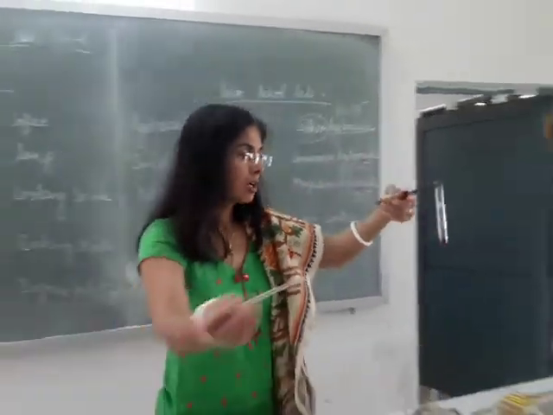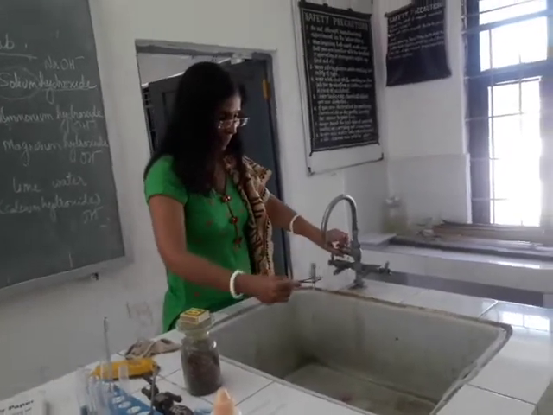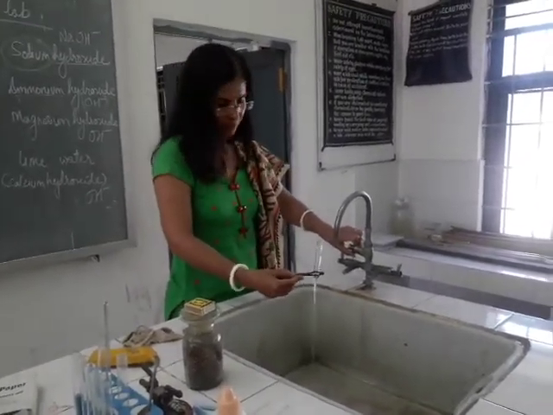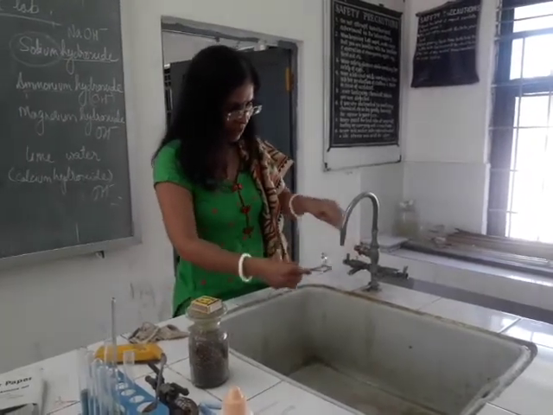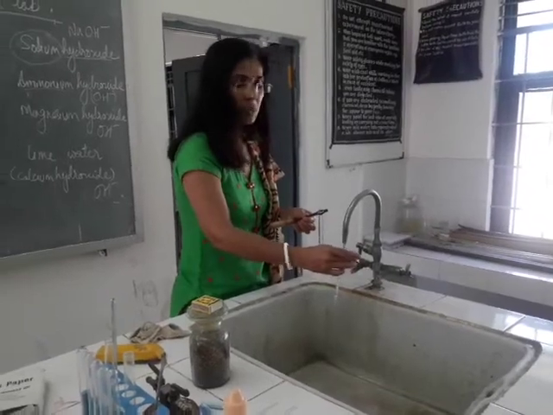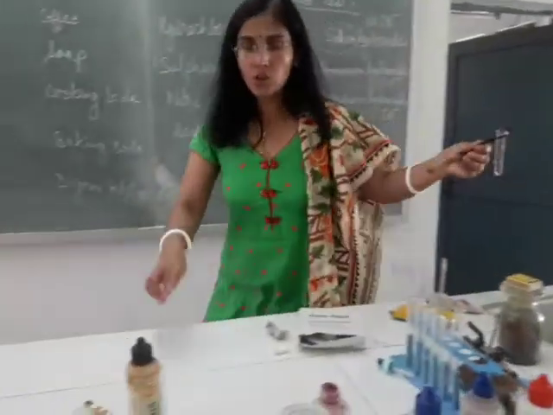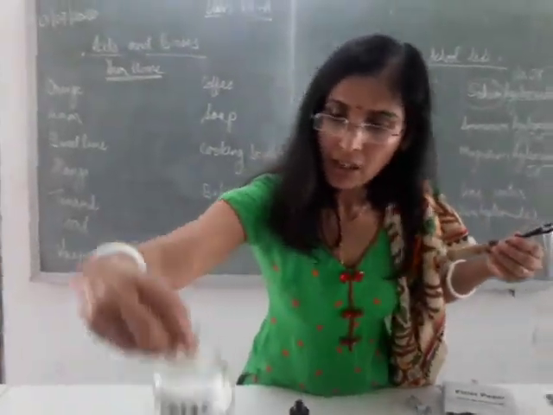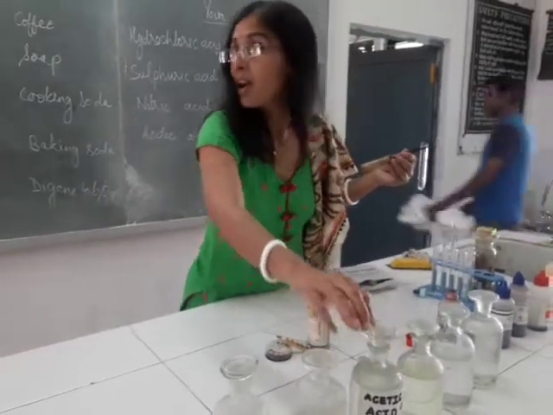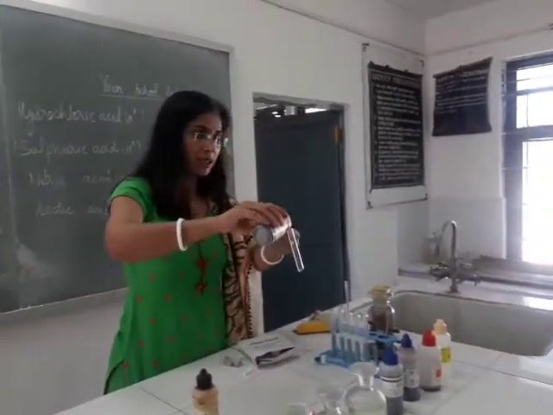This is not a base. Let us move ahead. And if it is not a base, then what could it be? Could be anything, but definitely not a base. So red litmus only tells me the presence of a base. It does not tell me the presence of other substances. That is the limitation of my litmus solution. Now I shall read the label. This is acetic acid, children. Definitely acetic acid is an acid, so it does not give color to the red litmus.